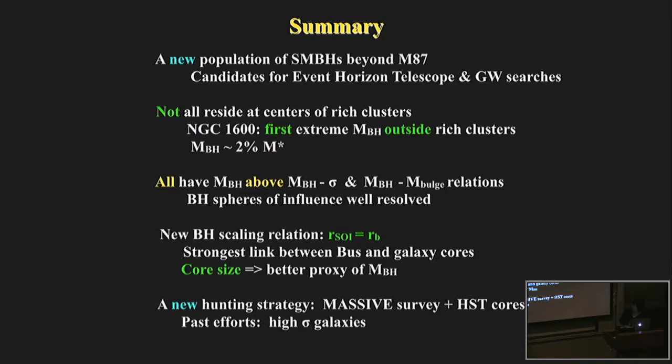And I talked about how these relations don't work anymore at the high mass end, but luckily we may have a better relation here. Not only are the two radii proportional to each other, the intercept is statistically consistent with 1. So these two radii seem to be really reflecting each other. That is to say, the core is very likely caused by the black hole. So the new hunting strategy to increase the population to an even larger one is to combine the MASSIVE survey with HST photometry, which we're analyzing right now, to look for large cores, measure the cores, infer the black hole mass, and follow up with AO spectroscopy.